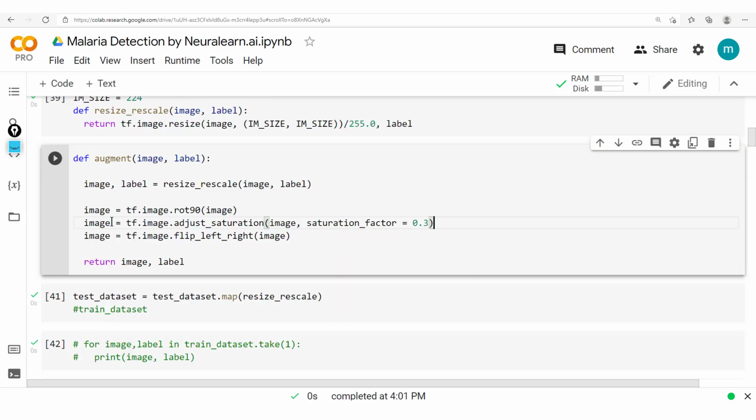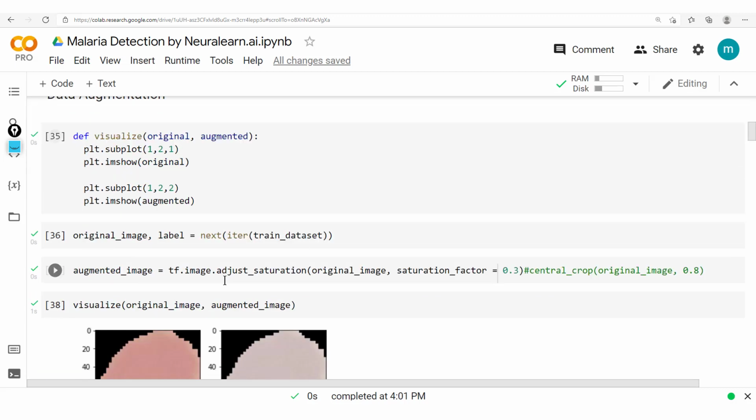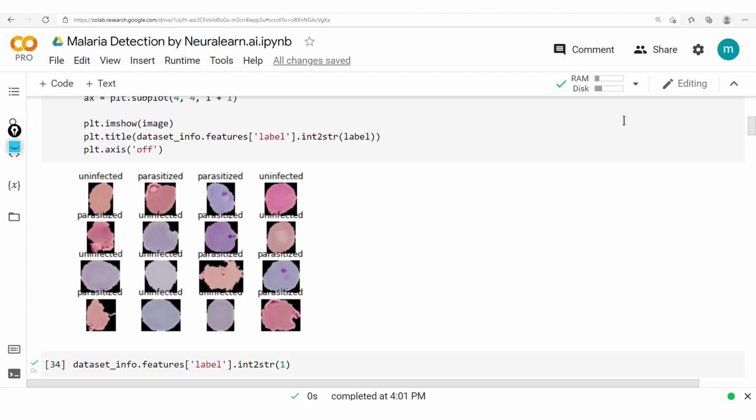Now, if you can recall, what we did for the data augmentation was that we rotated the image by 90 degrees anti-clockwise. We adjusted the image's saturation, and then we flipped the image left right. But taking a look at the kind of data set we're dealing with, this saturation shouldn't be a great idea. And this is simply because if we look at each and every one of these,